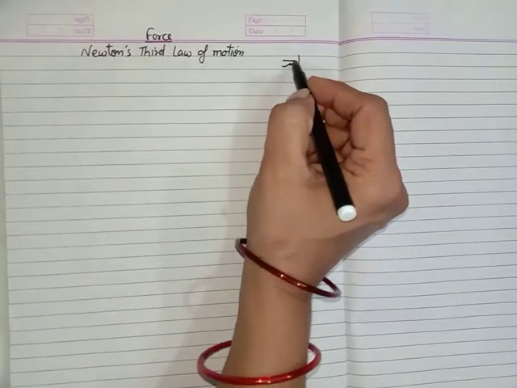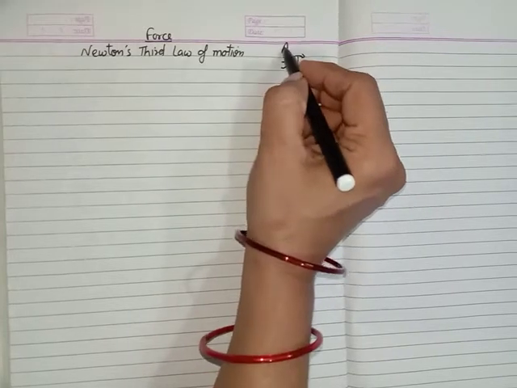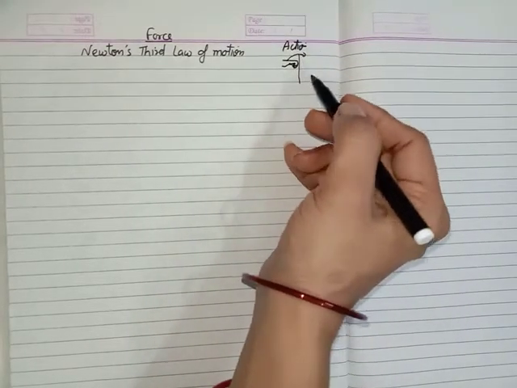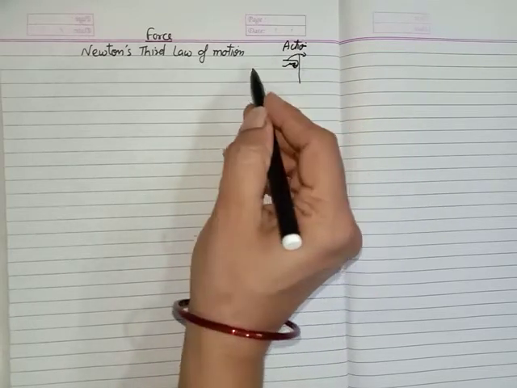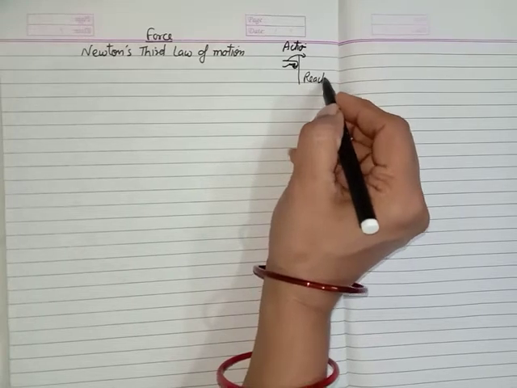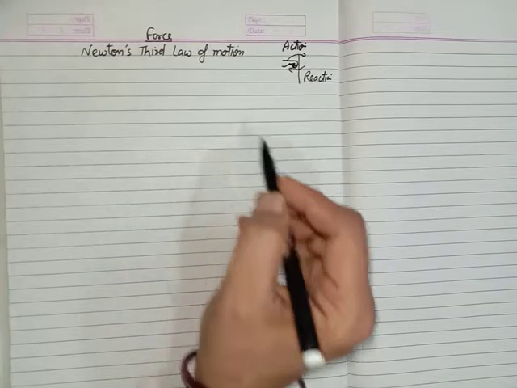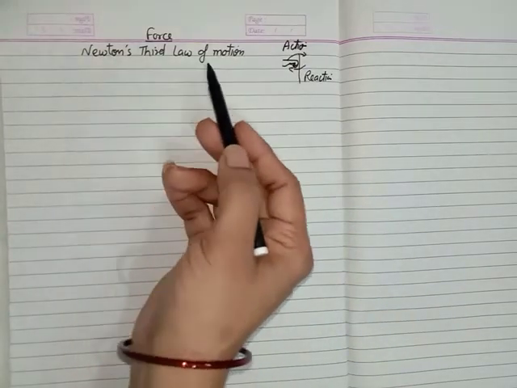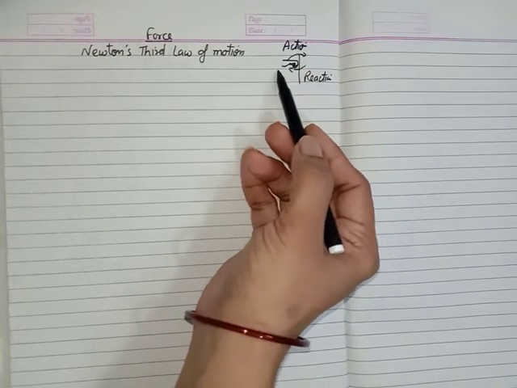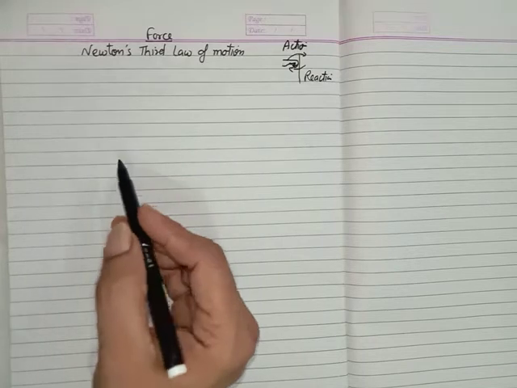Because when you exert force on this wall, this is called the action. This wall also exerts an equal and opposite force on your hand, that is called the reaction. And due to this reaction, we get hurt. According to Newton's third law, for every action there is an equal and opposite reaction, and this is called Newton's third law. And you can write Newton's third law like this: